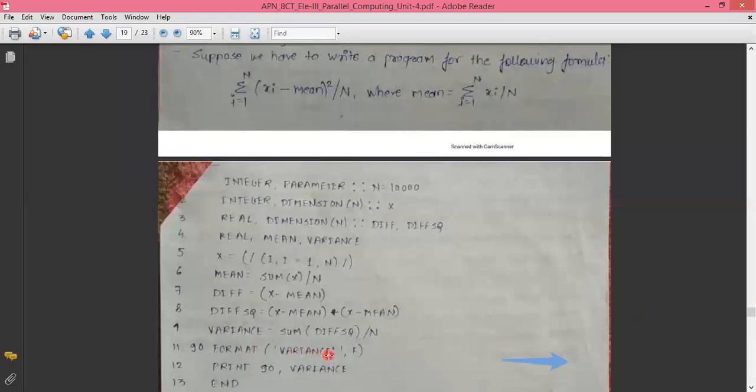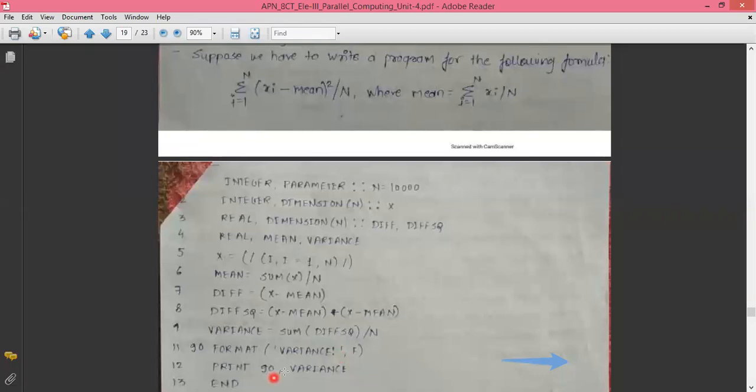The value of the variance, followed by the variable i, which ends. Now when we get the values, stored in this variable variance which has been defined over here, we have to print in the 90 format, followed by the variance. That means whatever output you have obtained will get printed in the format of Fortran 90.